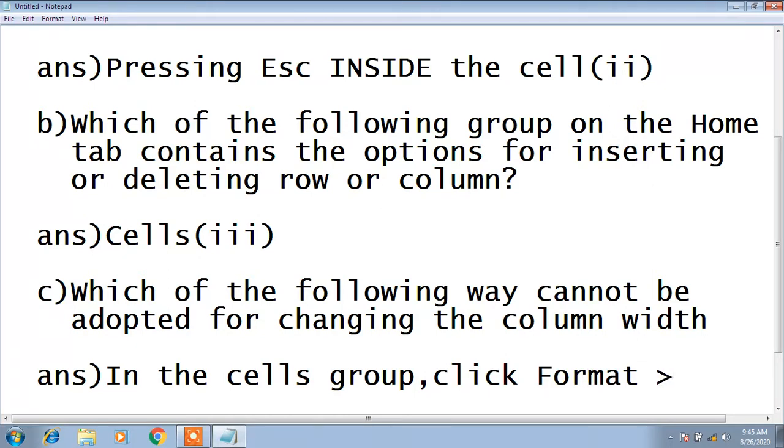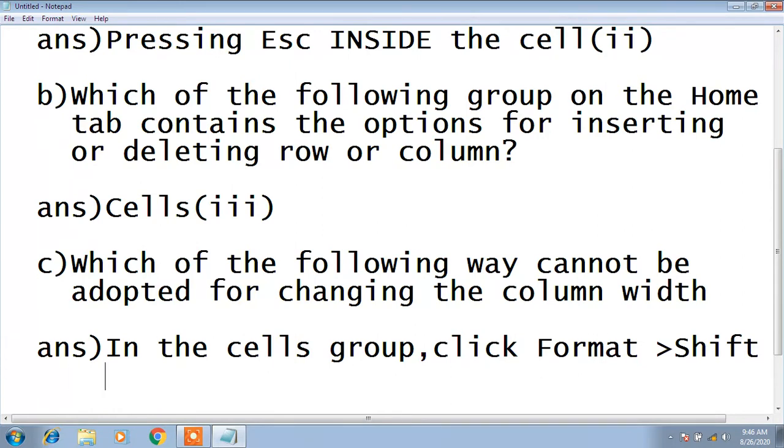Click in the Cells group, click on Format, Shift Cells, Shift Cells Right. So this is the answer.